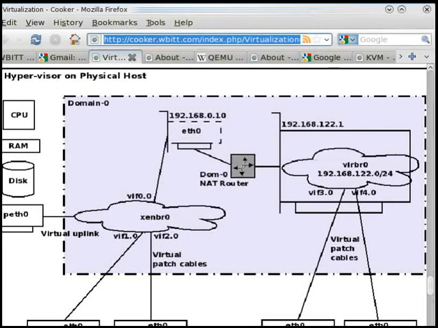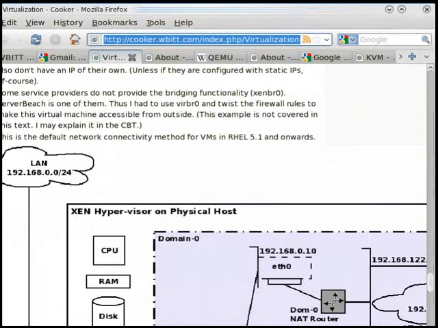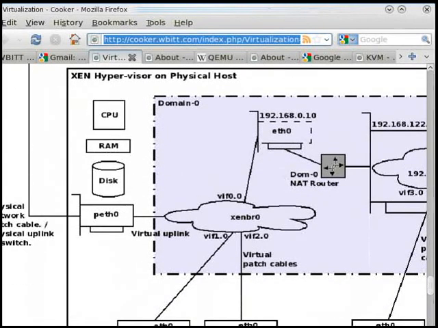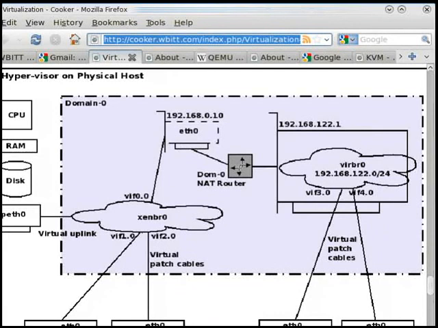And this domain 0 has this magical NAT router or NAT services or dnsmasq services running here. So whatever packets come here are NATed and sent to Ethernet 0, where they are masqueraded as 192.168.0.10 and are sent out through this physical Ethernet 0 out to the physical LAN. Once they come back they follow the same route, and from here their NAT is stripped off, translated back to original IPs,